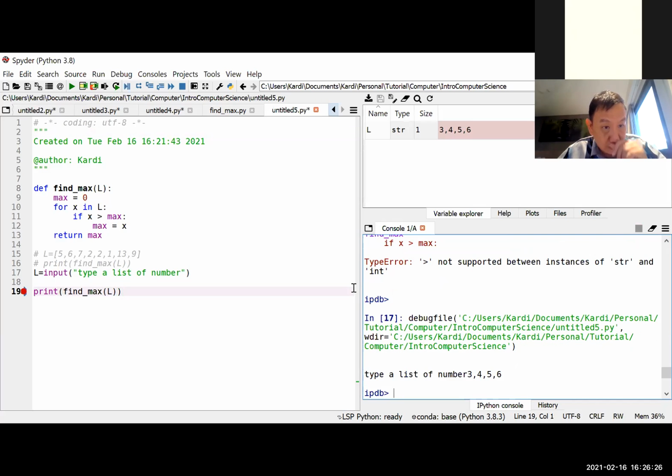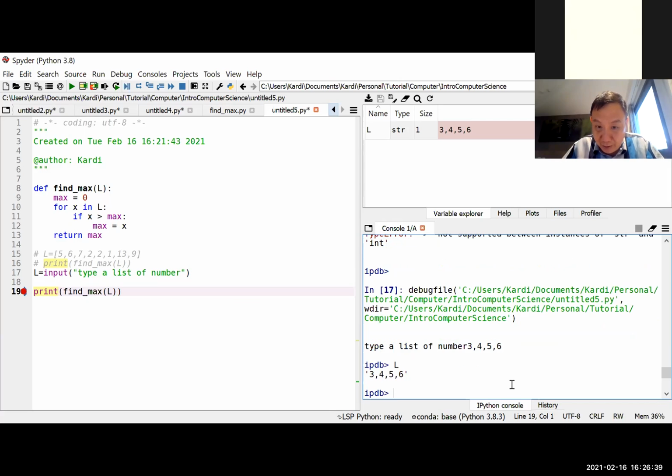Enter. Okay, so there. When I press enter, L is actually a string, right? You look at the variable explorer here, 3, 4, 5, 6. So if I type L, it's a string. So if I put list of L,